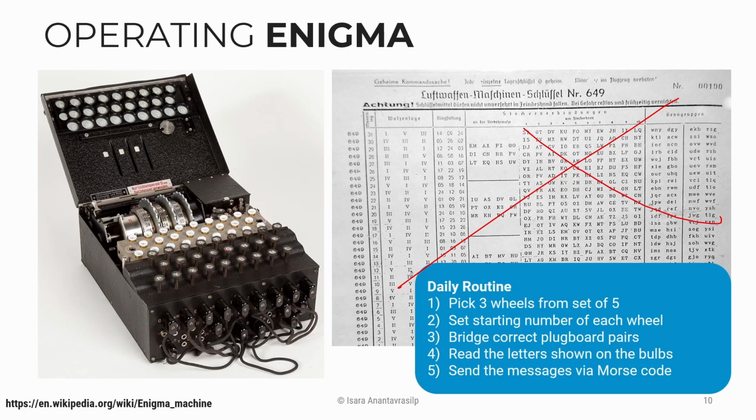So here is the main challenge. You need to distribute this book. I believe they distribute this every month or so, so that the book gets updated at the same time. And if they lose the book, for example, the enemy captures this book, they will just lose maybe a month at most, because the next month a new book is going to come. All right. So that's how the Enigma machine operates.